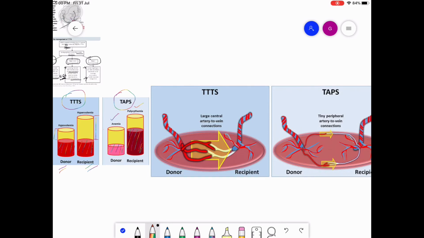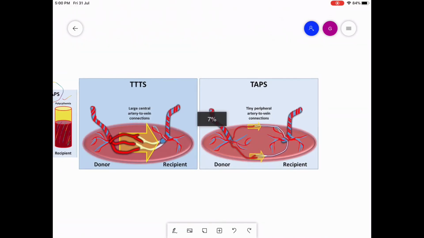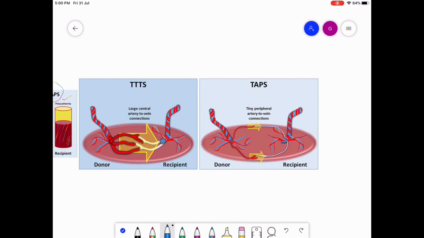Twin anemia polycythemia sequence is a form of twin to twin transfusion syndrome that can complicate monochorionic twin pregnancies. In a monochorionic pregnancy, identical twins share one placenta and a network of blood vessels that supply oxygen and nutrients essential for development in the womb. Okay, as you guys can see in this diagram, one is twin to twin transfusion syndrome and one is representing TAPS. There are large central artery to vein connections, also known as AV connections.